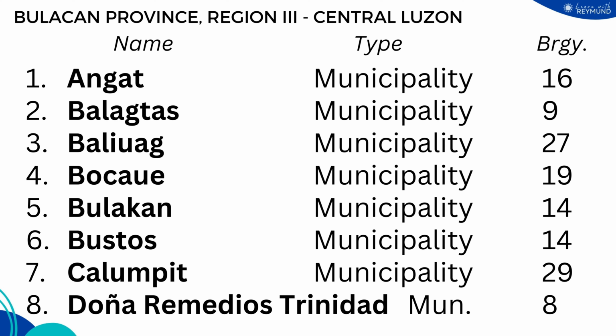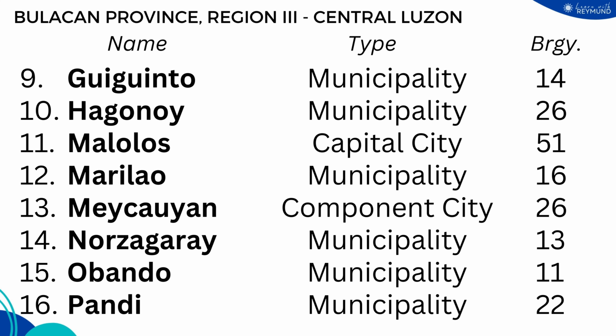Kalumpit with 29 barangays, and the municipality of Doña Remedios Trinidad with 8 barangays. We also have the municipality of Guiguinto with 14 barangays, municipality of Hagonoy with 26 barangays, the capital city, the city of Malolos with 51 barangays, municipality of Marilao with 16 barangays, the component city, Meycauayan City with 26 barangays,